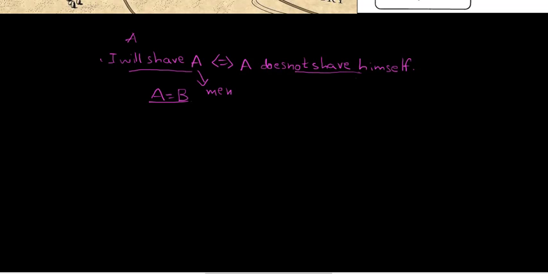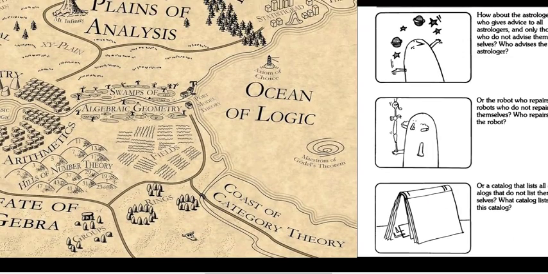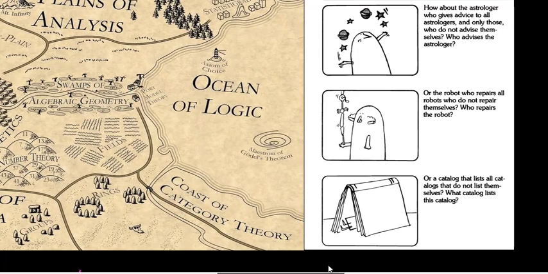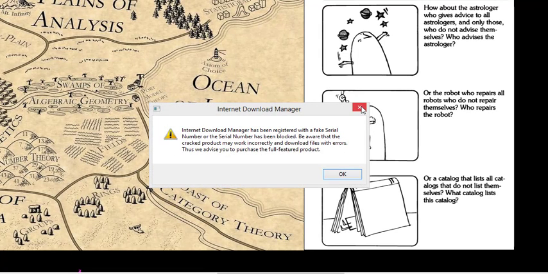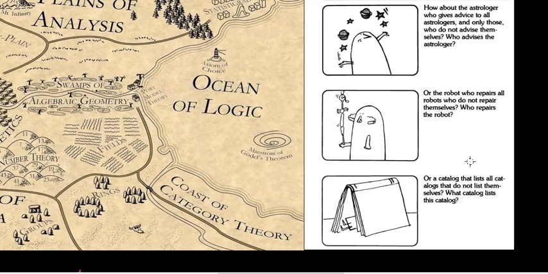if we ignore these cases and look at the instance which we have in here, which is what was expressed earlier in the signboard of the barber, I will shave a person if and only if he does not shave himself, then we indeed have a contradiction, and that seems to be a paradox. There are many alternative versions of this paradox, and some of them are here. These are just the same paradox stated with different terminology and different